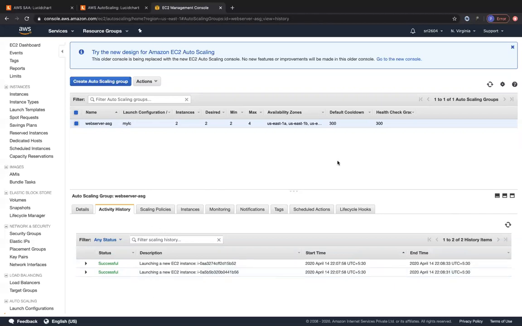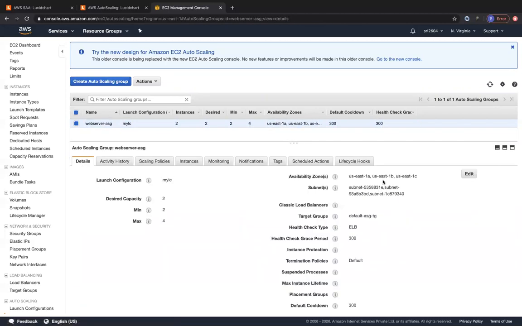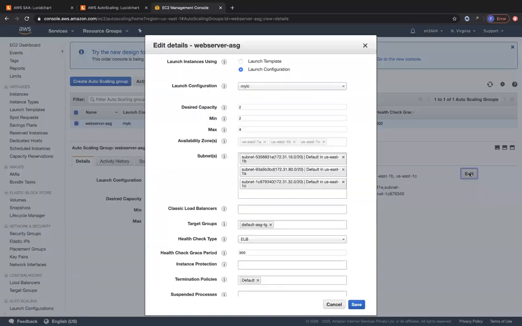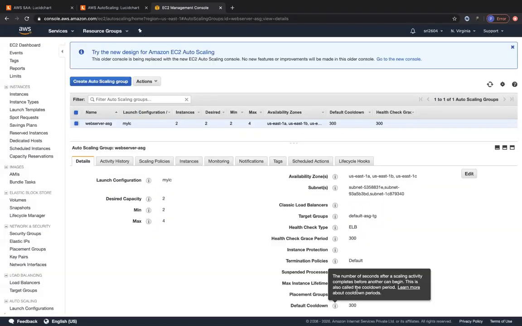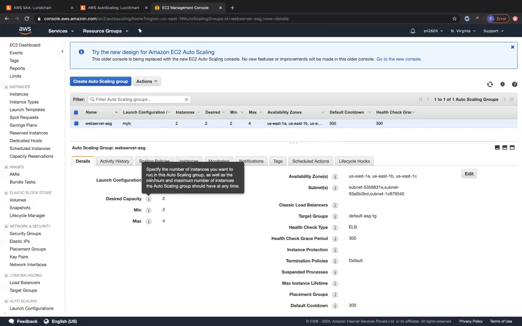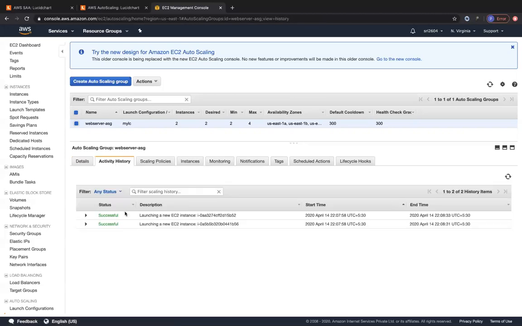And I'm just going to walk you through the settings of the auto scaling group over here. Under the details, you can see we have the availability zone that we have mentioned, the ELB that we have mentioned, and our launch configuration. So if you would like to update your auto scaling group with another launch configuration, all you have to do is click on edit, change the launch configuration to another one, and then click on save. Then it's going to try to launch new EC2 instances with your updated launch configuration. Like I mentioned, at any point of time, you can only have one launch configuration associated with your auto scaling group. The next thing on this tab is called activity history.